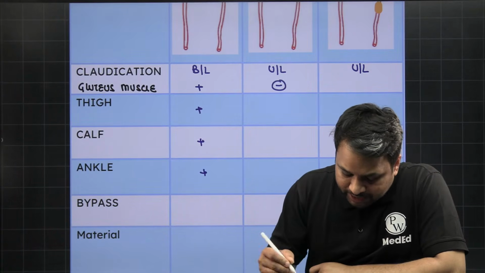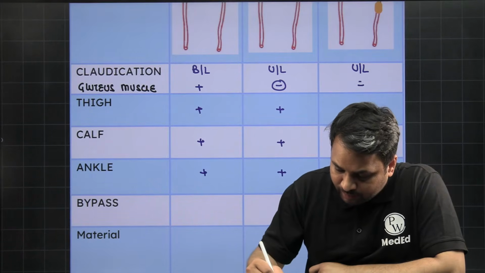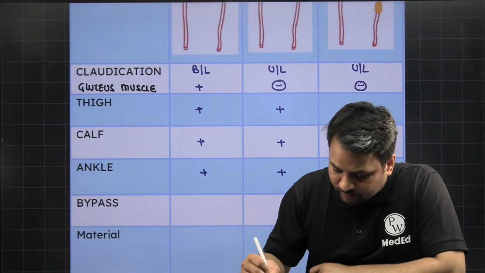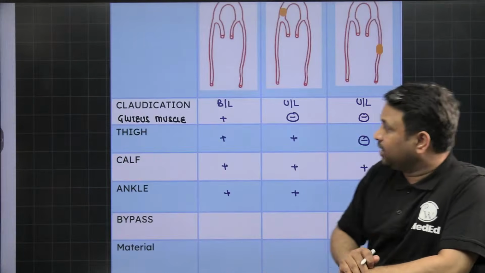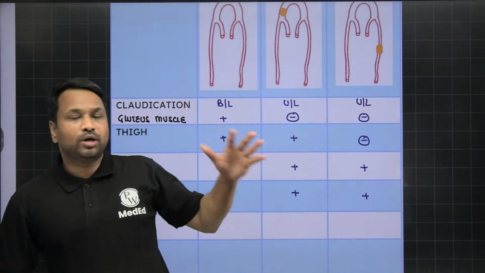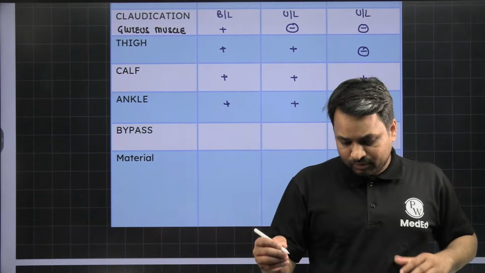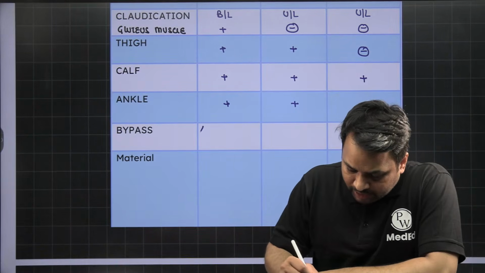Here gluteal sparing is there. There will be involvement of thigh, calf and ankle. Here it will be both gluteal and thigh sparing. There will be involvement of calf and ankle, right? So based upon which muscles are involved, you can now predict the likely level of occlusion. Now here, when you talk about the bypass, it is going to be